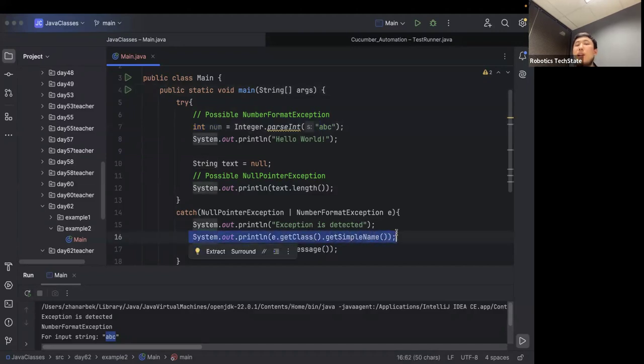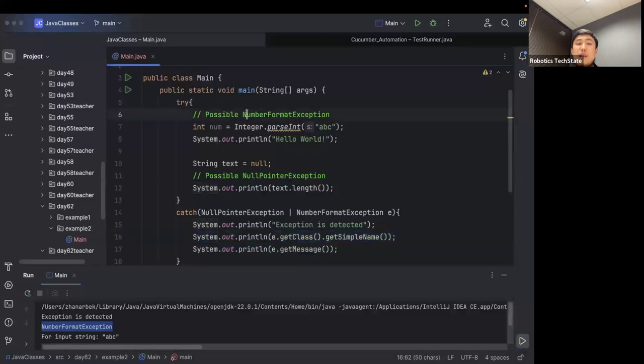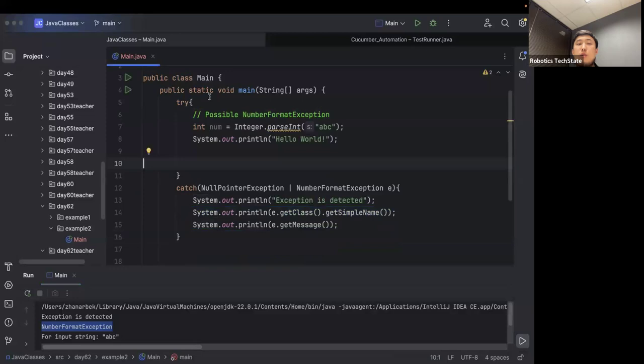So getClass().getSimpleName(), what does it do? You see it right here, guys. It displays the exception that's created. It's NumberFormatException. If we move this one first